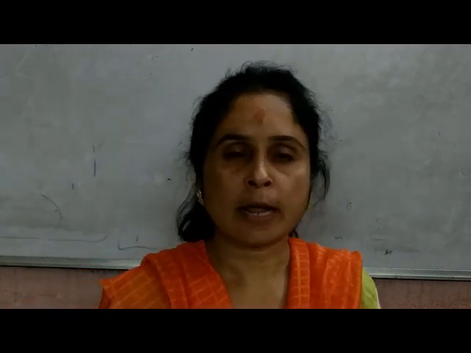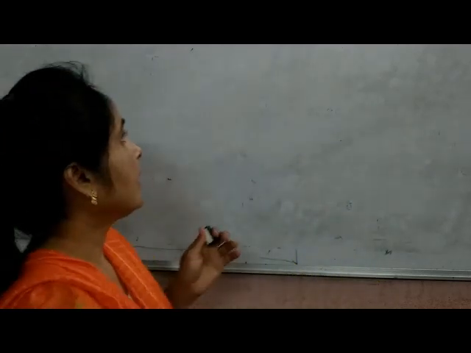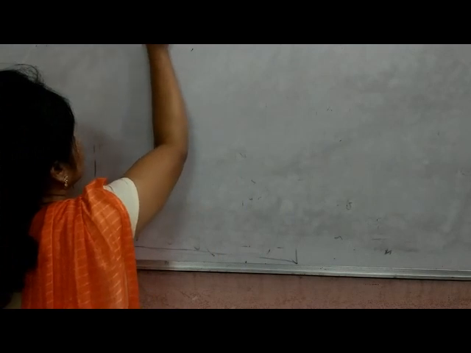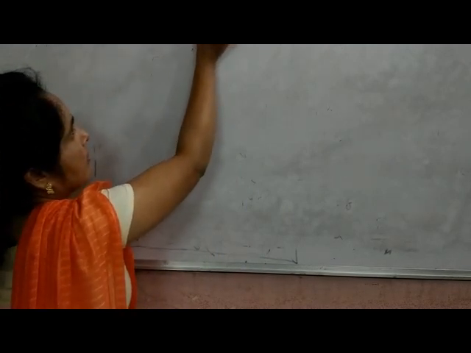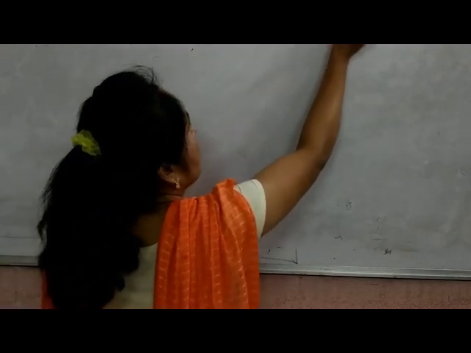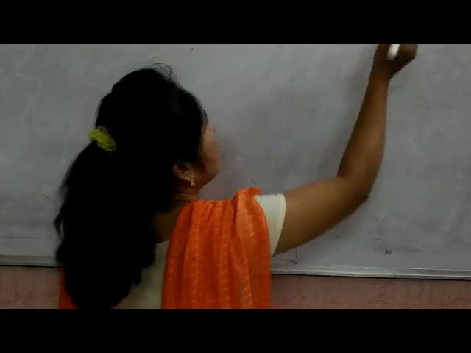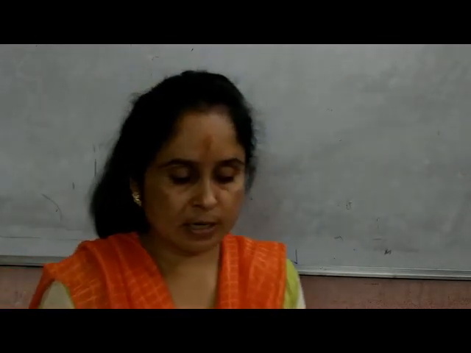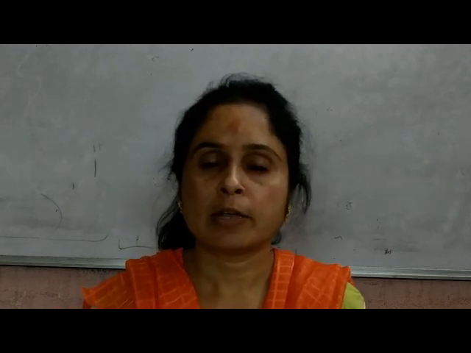Hello friends, in yesterday's lecture we saw the types of conductors and types of cable. Today we are going to start a new topic, star and delta connections. In this star and delta connection, we will see how the wiring structure is arranged and how the star and delta structures work in electrical phenomena.